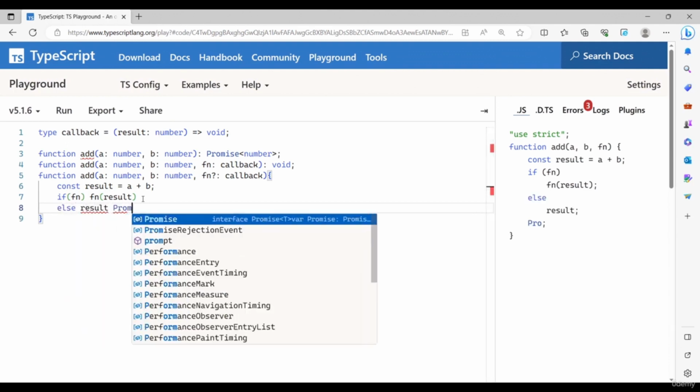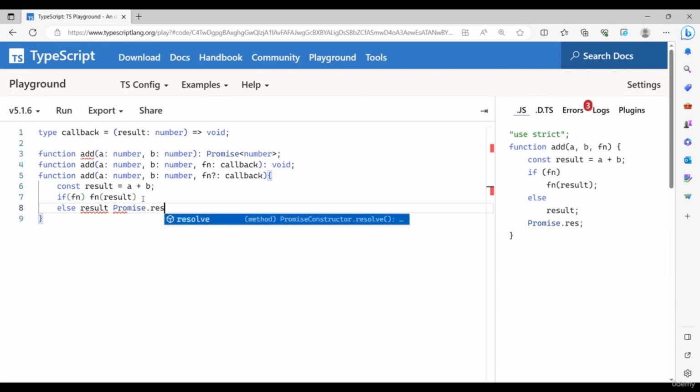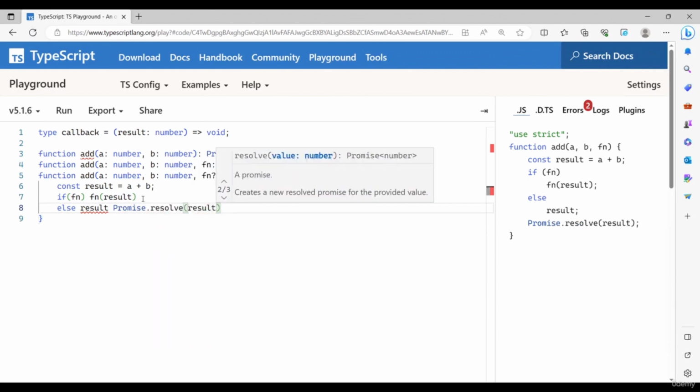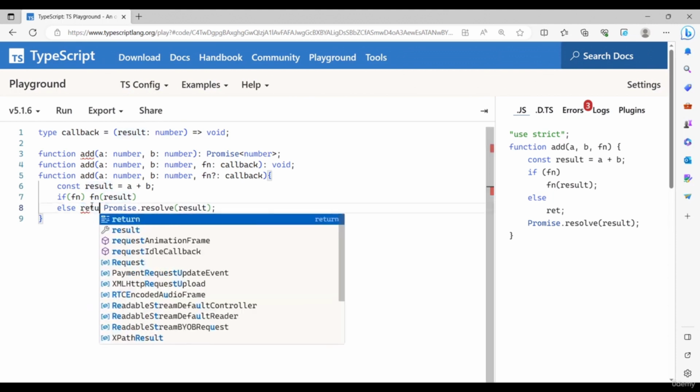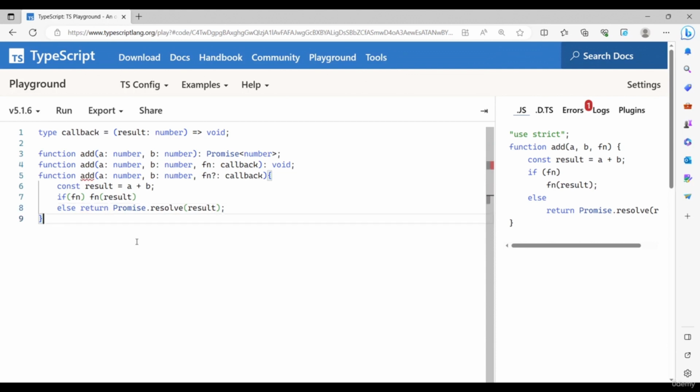Else we're going to return the promise dot resolve the result, something like that. Oops, this is going to be return. So as you can see here, we have created a function with the same name with different signatures,